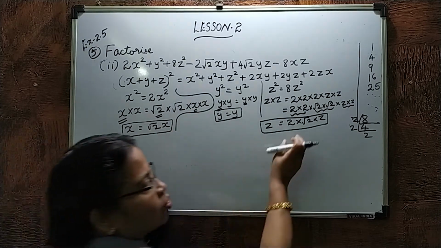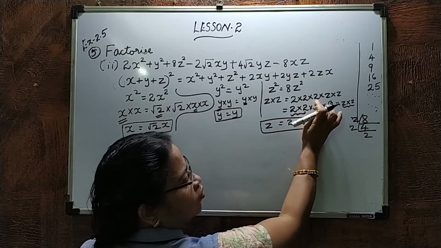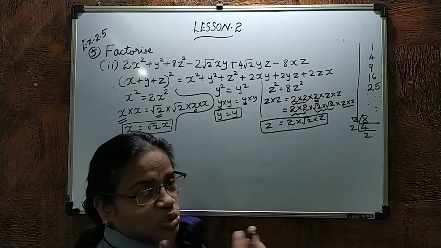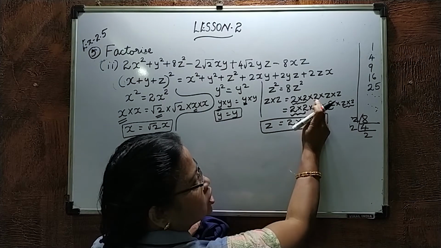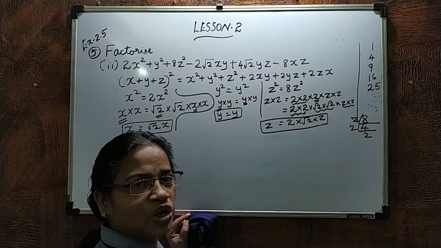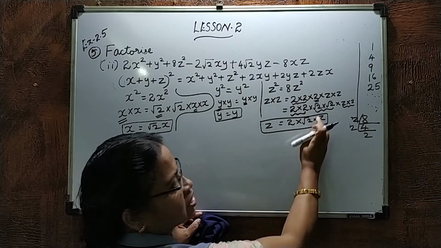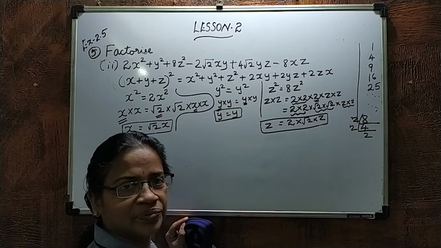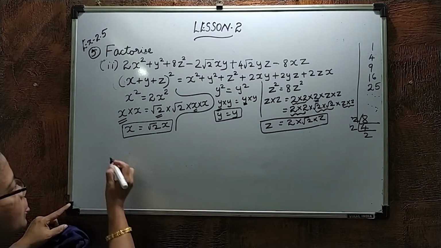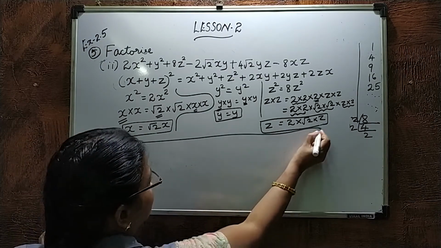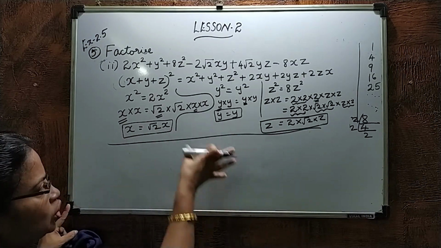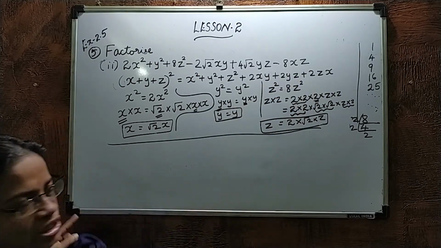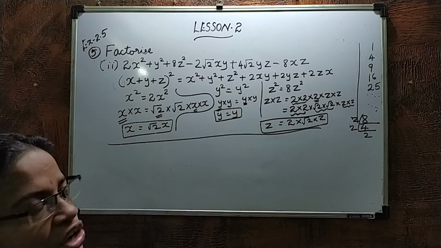Same way, you have to make this also twice. Here 1, 2 is alone. Here these 2 are twice it comes, but here this 2 is alone. So what you have to do? Make it as root 2 into root 2, you will get like this. Okay. Then next section, what you have to do? Now you got x, y and z. Using this one, you have to find out 2xy, 2yz and 2zx. Before that, what you have to do?